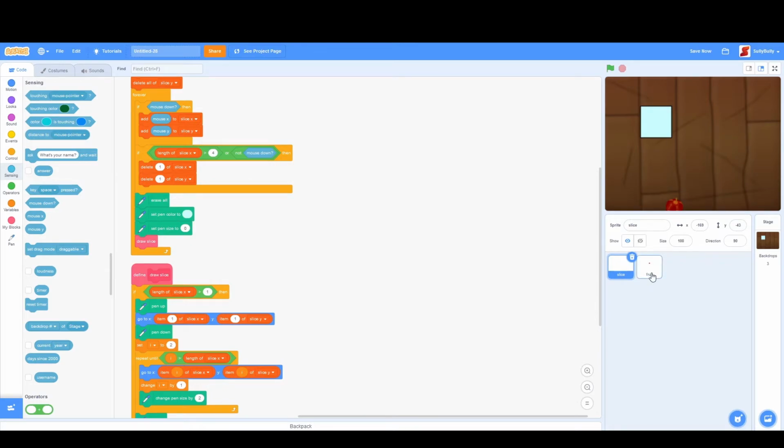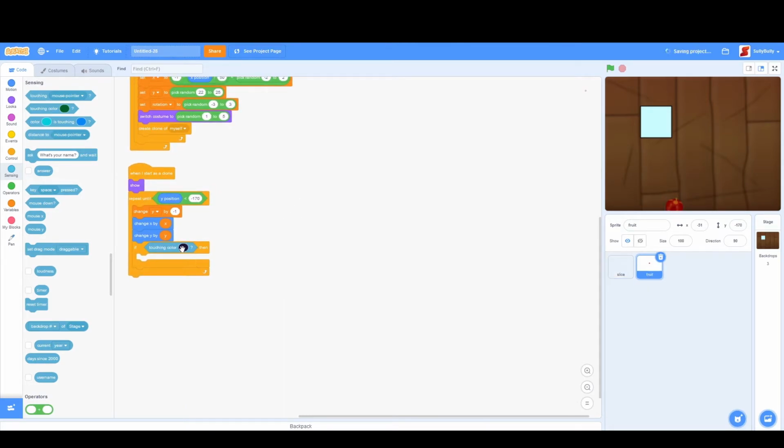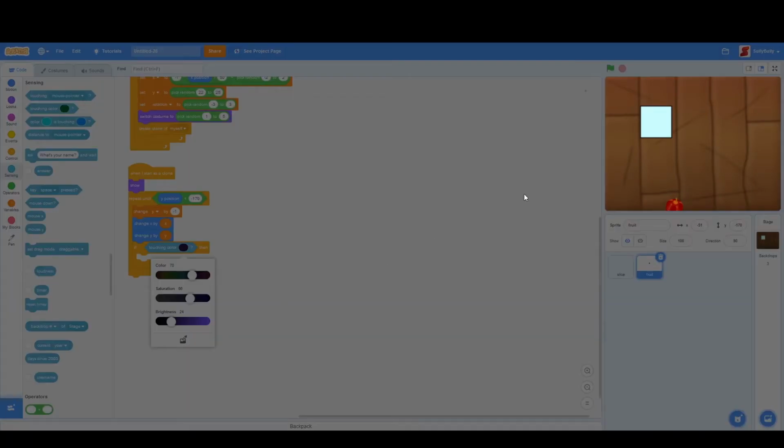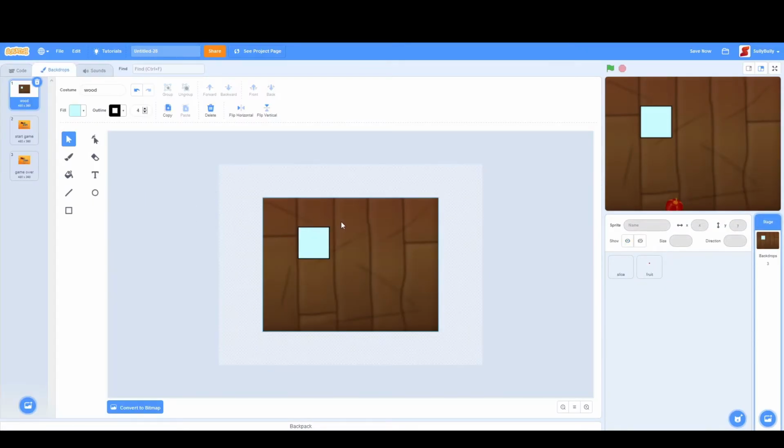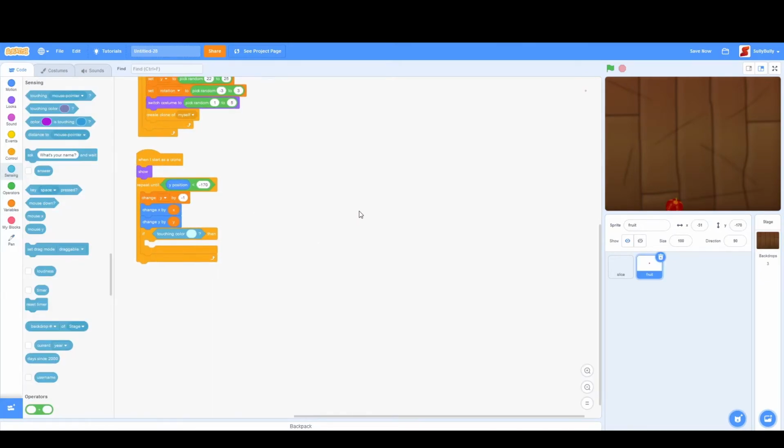And I'm going to go to my fruit sprite, click on if touching color. I'm going to click on that color, and then click on the light blue color. So now this should be light blue too. Now I can delete the square. So if we are touching the slice, if